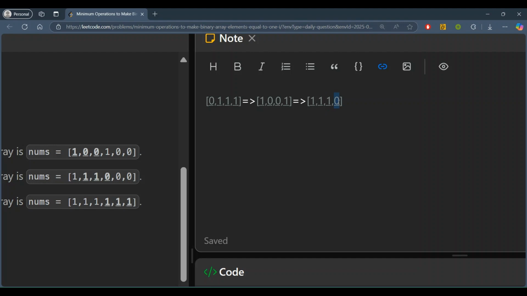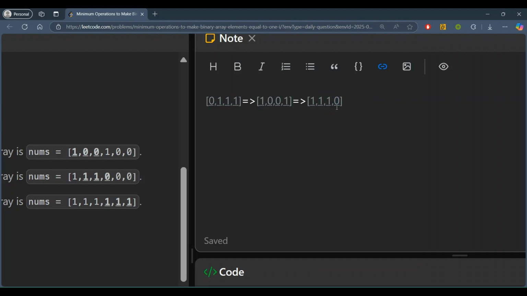But if I want to flip it, then I have to make sure that there are more elements. Otherwise, if I try to reverse this process, then there is no use of it, right? Because we flip when we get a zero, then and there only I am flipping. Then there is no use of going back to make flips.